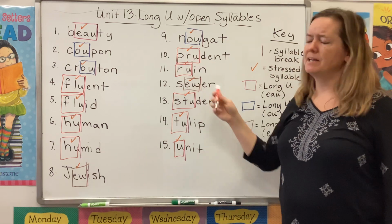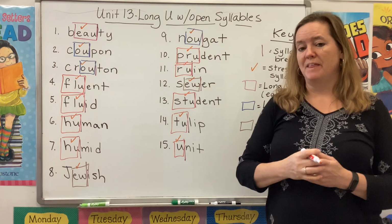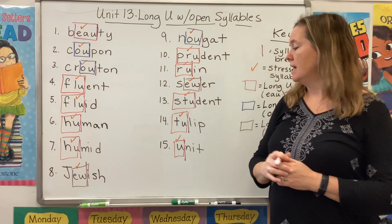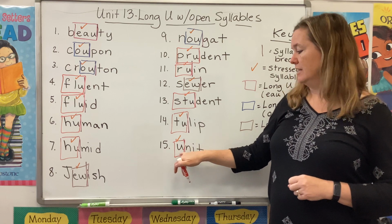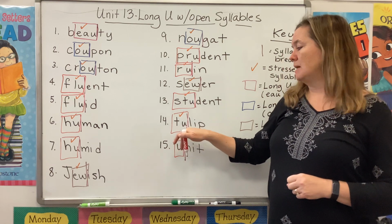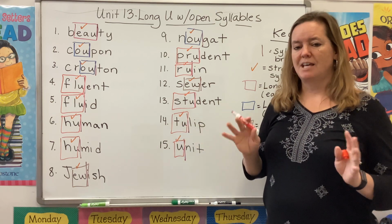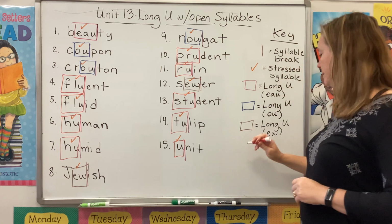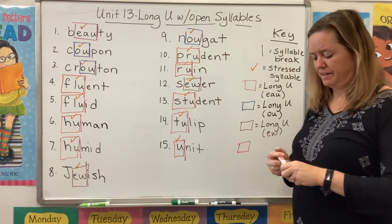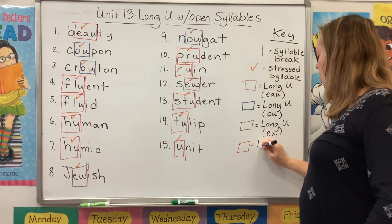Okay? Everything I just put in a red box is an open syllable that ends with a long U sound. Again, sometimes that U is going to say "U," like in unit, and sometimes it's going to say "oo," as in tulip. So you just have to use your ear, try to figure out which one sounds right. Okay, over here, red box equals long U